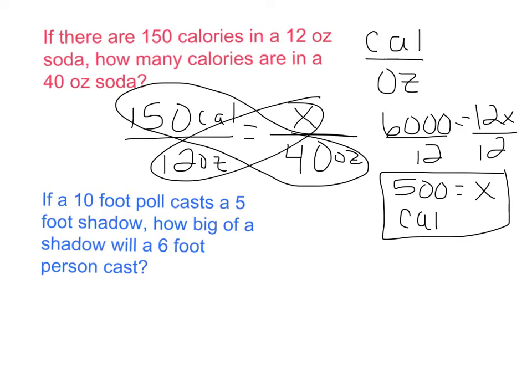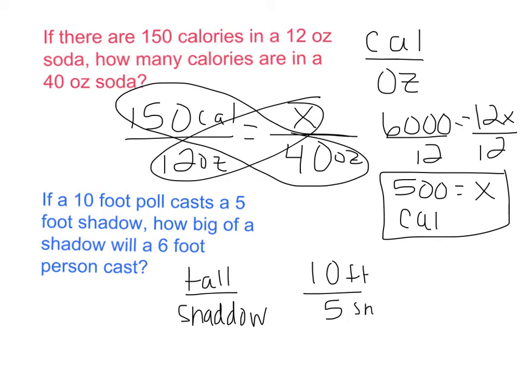Okay, so let's look at another one. This problem is talking about shadows. So a 12-foot pole casts a 5-foot shadow. And we want to know how big of a shadow a 6-foot person will cast. So the top number of our proportion is going to be the original figure, or how tall the original object is. Okay, and on the bottom is going to be the shadow. So we're going to set this up by a 10-foot pole over a 5-foot shadow. 10-foot pole, and this is the shadow,